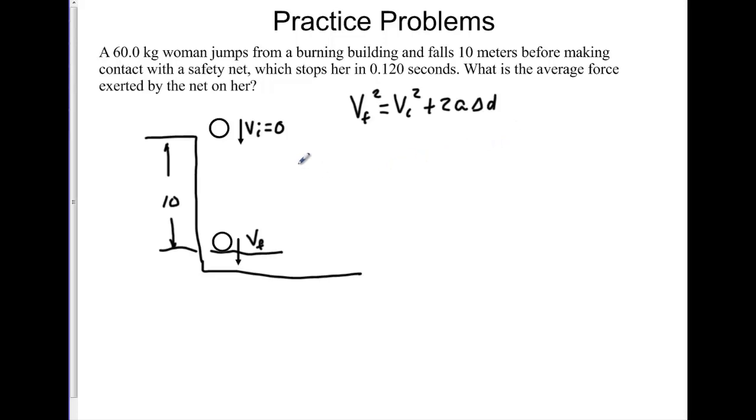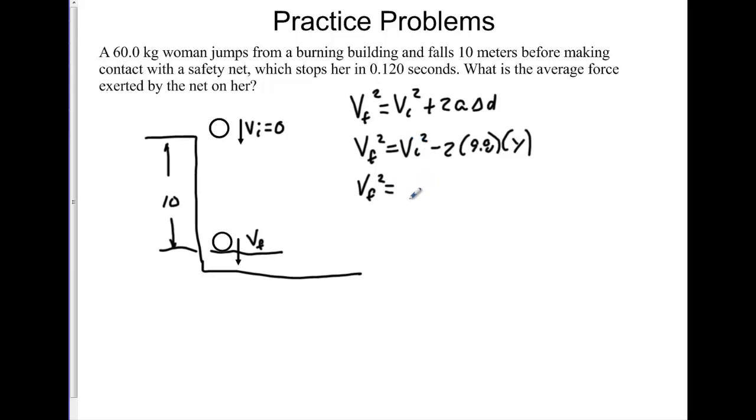Since we're going in the vertical direction, you're typically just going to make this y. So I'm going to rewrite this equation as Vf squared is equal to Vi squared, and I'm going to minus 2 times the acceleration of gravity, and we're going to use 9.8 times y. So now all I have to do is put in the units. Now since she's falling downward, I'm going to let y be negative here. So that's going to give me Vf squared